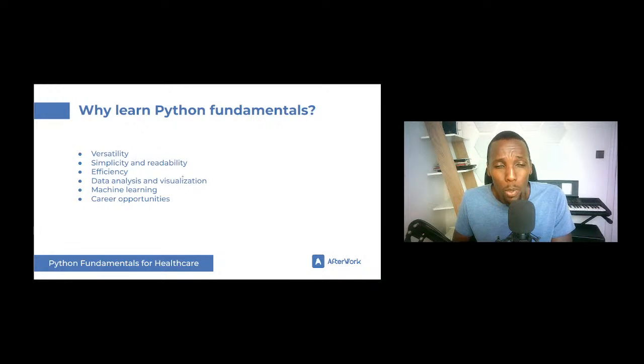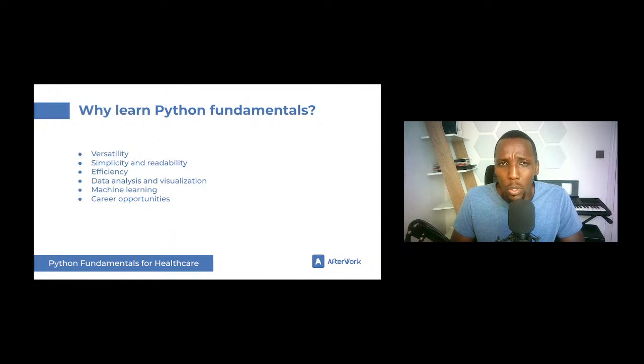And many people that have also gone through this process of just learning about Python have talked about how Python is easier to learn as opposed to some other programming languages. In terms of efficiency, Python has been well tested across various contexts. For example, you might be able to develop a solution quickly that allows you to recommend treatments, or you could also, in terms of efficiency, develop what are called chatbots, just healthcare chatbots that